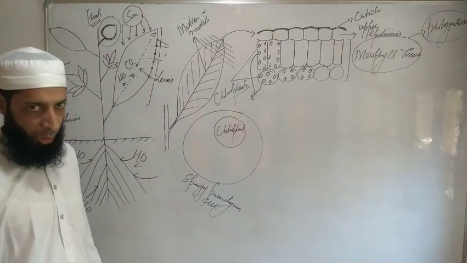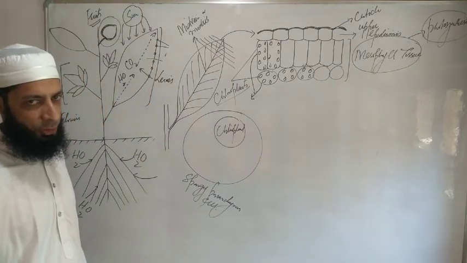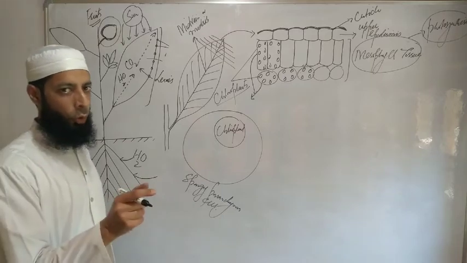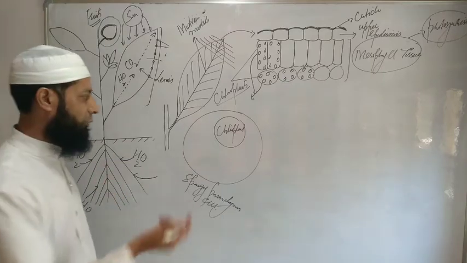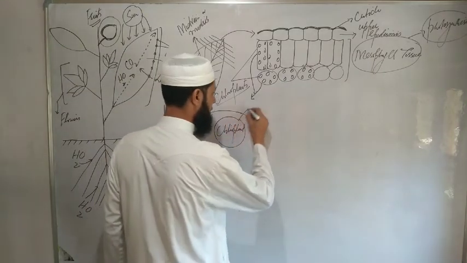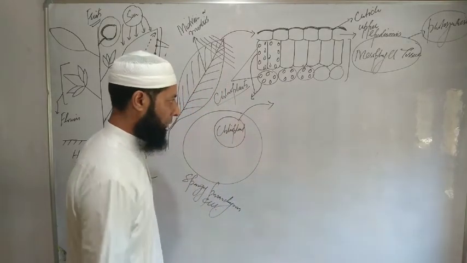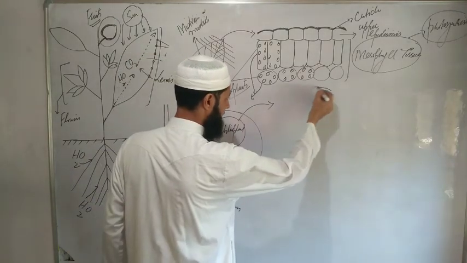Now we have to study the structure of the chloroplast. Actually, we want to go where photosynthesis occurs. That's why I take the chloroplast outside like this. We take the chloroplast like this,